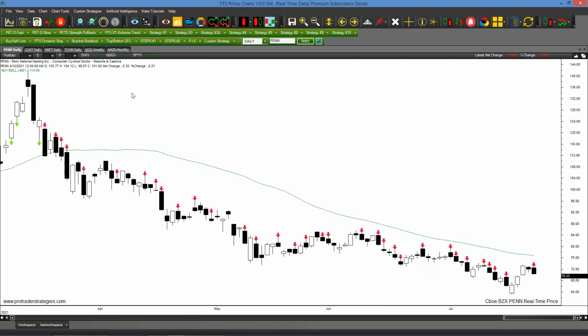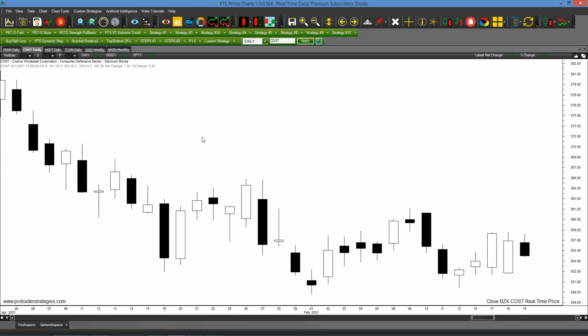Let's look at another example in Costco, okay? Right here. This is going back to January of this year. Now, obviously, we've been coming down. The stock was roughly around 380, coming down all the way 30 points to 350. How could we have known to get out of the way? I mean, what if we thought, well, I'm going to buy on this doji right here, and it kept going lower? Well, if I applied the buy-sell line, click on the 50-period moving average,